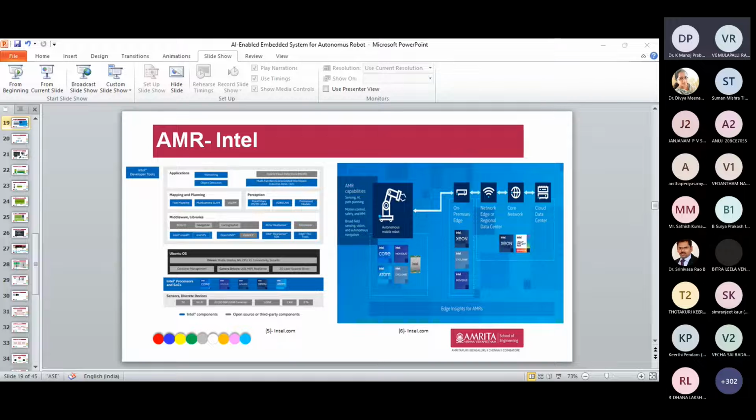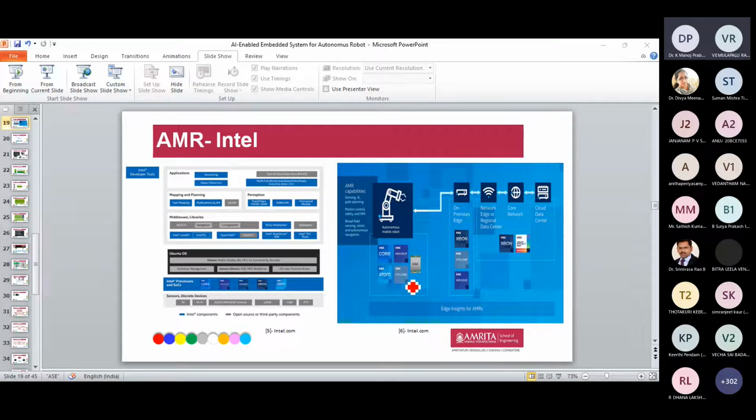And next, in this image, you can see what types of embedded boards can be used. Let us see that. As I discussed in the previous slide, we have five models: Intel Core, Intel Atom, and these are the Intel x86 models used in autonomous mobile robots. Intel Movidius and Cyclone: Intel Movidius is really helpful for the computer vision part with AI-enabled techniques.